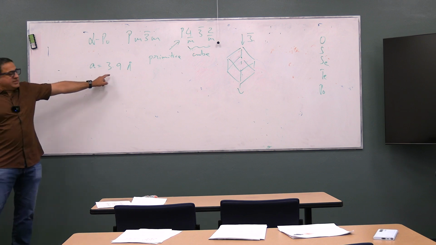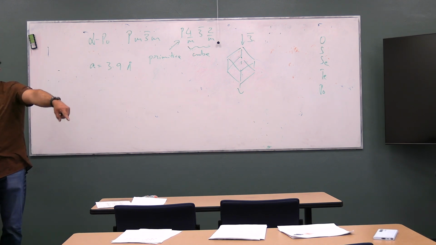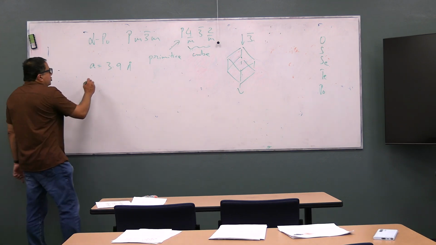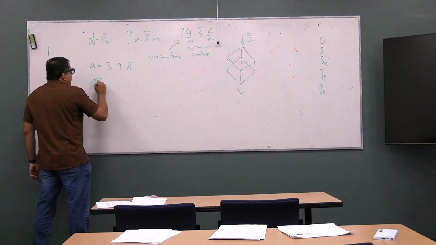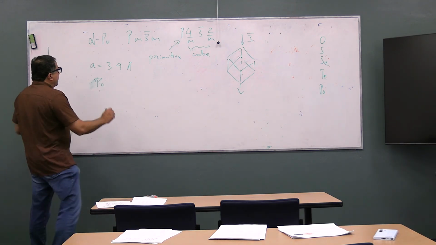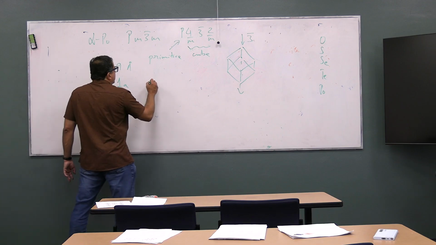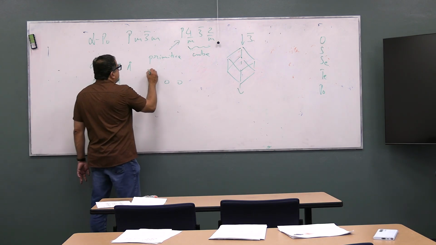And how do you determine this? Will this information be in the International Tables of X-ray Crystallography? No. This is determined by actually doing an X-ray experiment, right? So you also have the atom. So you have the polonium atom. And if you look at the structure description, it'll say something like polonium 1a, and it'll tell you 0, 0, 0. That's the position, the xyz position